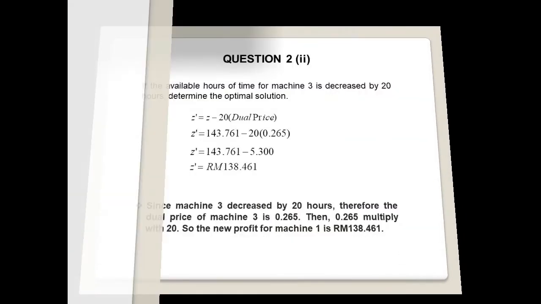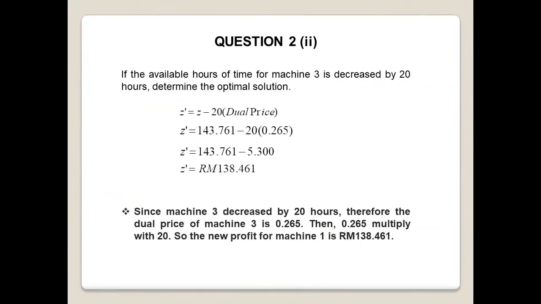Next, we go to the question number 2.2. If the available hours of time for machine 3 is decreased by 20 hours, determine the optimal solution. The formula that used to determine the optimal solution is Z prime equal to Z minus 20 times dual price. We know that the objective function value is 143.76, while the dual price value for machine 3 is